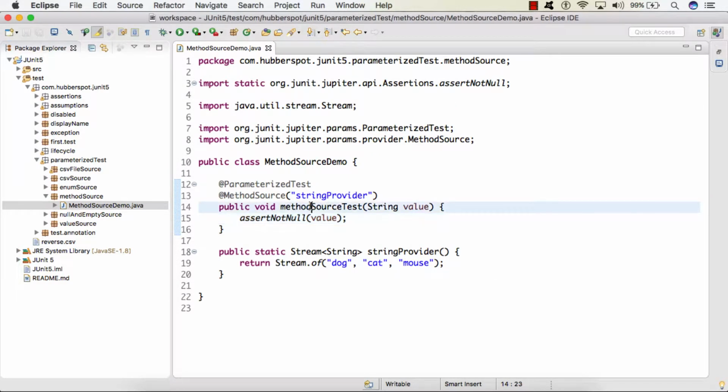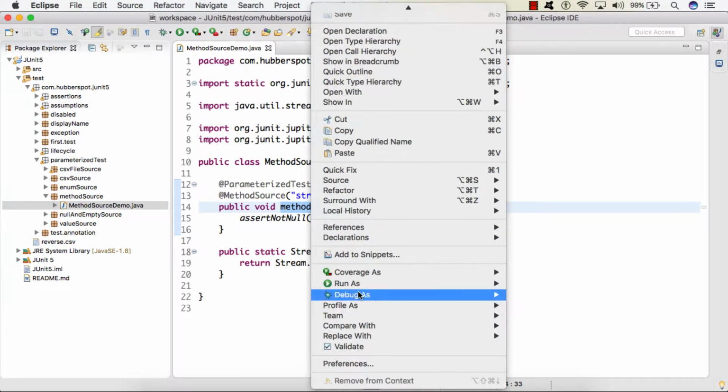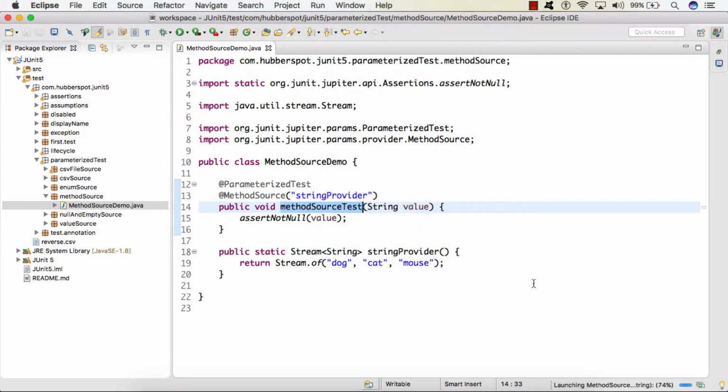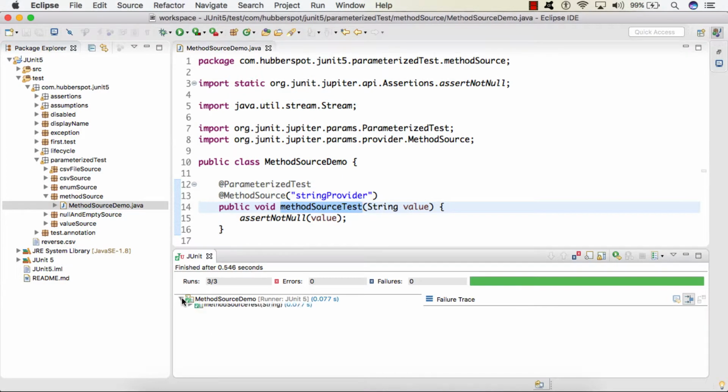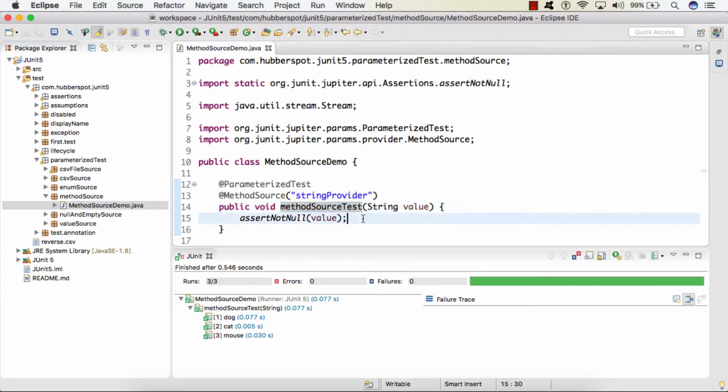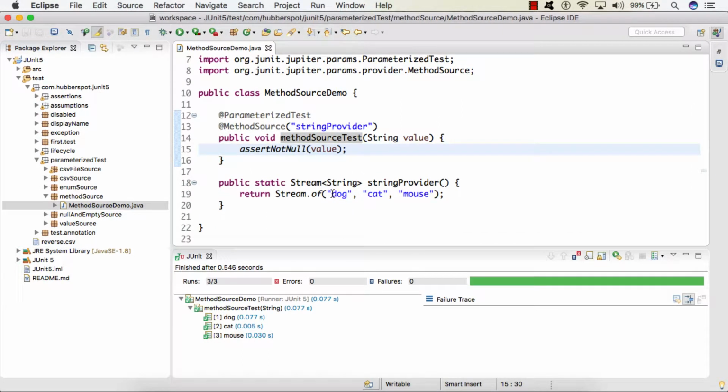So friends, if I run the test case, here you can see the test case got executed 3 times, with the first value as dog, second value as cat, and the third value as mouse. So as many values as you provide here, that many times this parameterized test will run.